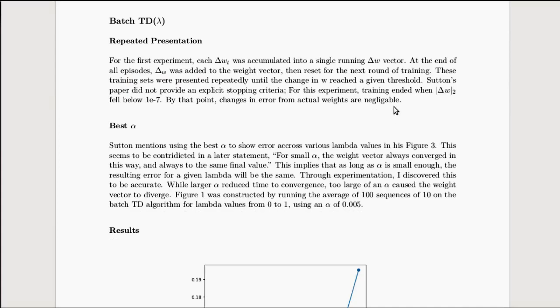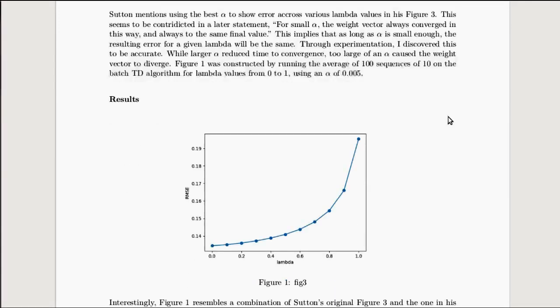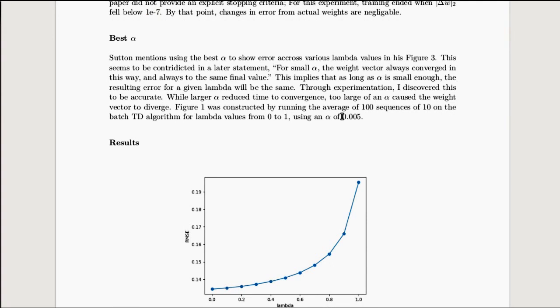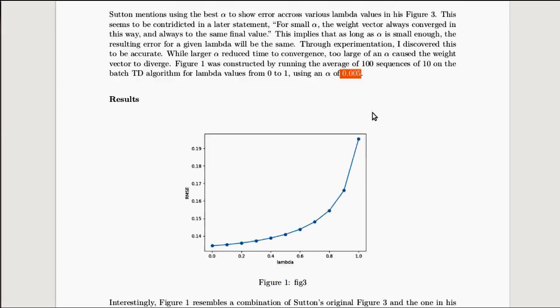Batch TD: we accumulate all the delta weights across all of the training set, and then we update the weight vector. Our stopping criteria, we have to come up with it ourselves, and it's essentially just saying in this experiment that the L2 norm of delta weight falls below a given threshold. Alpha value isn't given to us in this first experiment. Anything sufficiently small, in this case 0.005, is good enough to get the weights to converge, and the result of